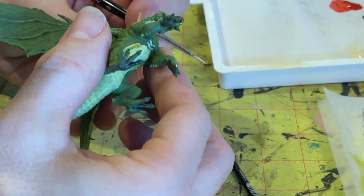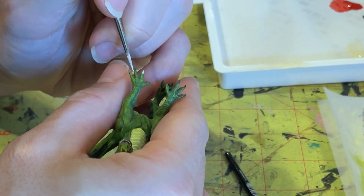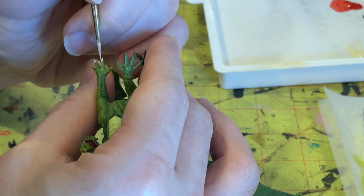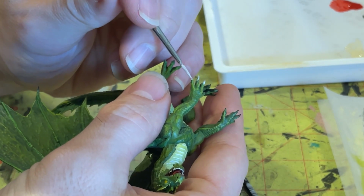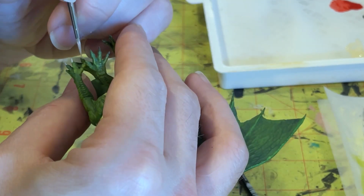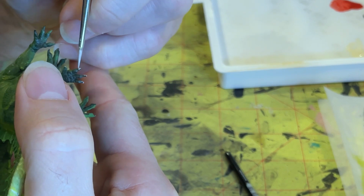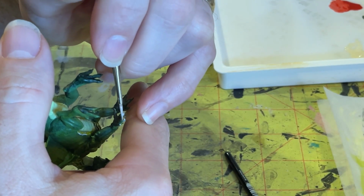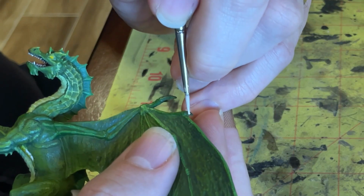So funny story here, I'm not sure what color I'm using to paint his claws, because initially I'd intended to paint his teeth with bone white, and I was going to paint the claws with the same thing, but then I picked up elfic flesh and painted his teeth, and then I picked up some of that dead white to mix in with the red. So I think I'm actually painting these with elfic flesh, because at this point I still thought it was bone white. And let's be honest,